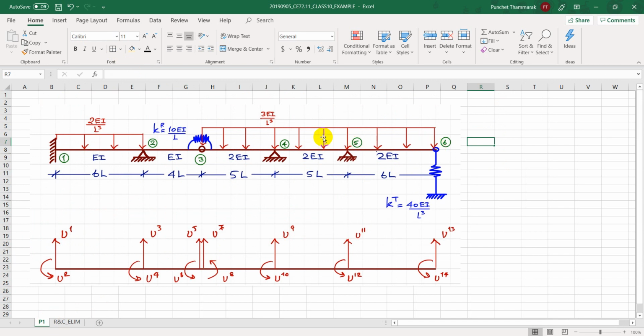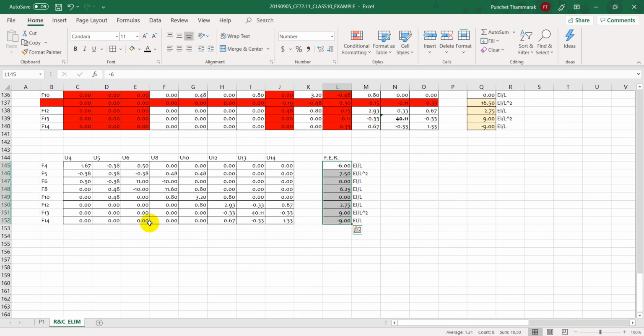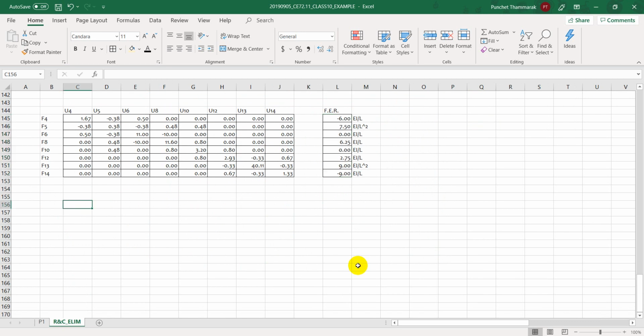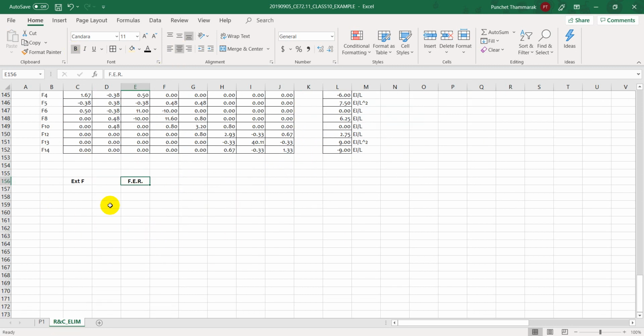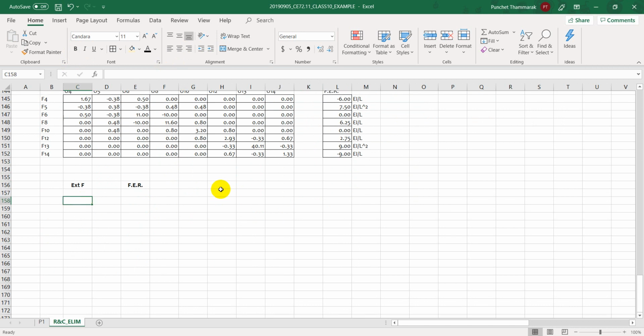So that means your left hand side, basically we will set up the external force vector, center it there, and then you have the FER, center it there, equal to the part that is